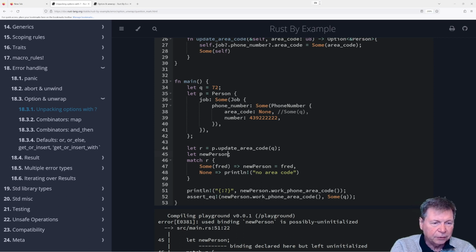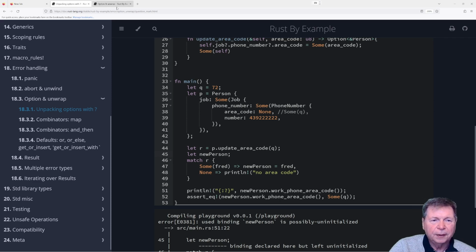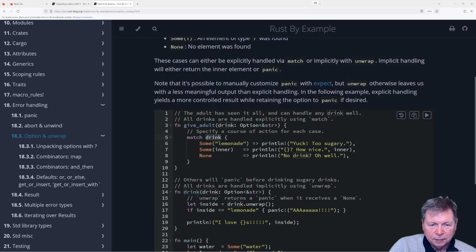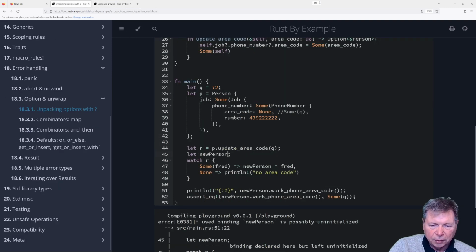Well, I guess I could throw an exception. What did he do here? None, match, drink, none, so that returned the option. But I don't want to return an option. I want to actually do some work without this option stuff hanging around it.